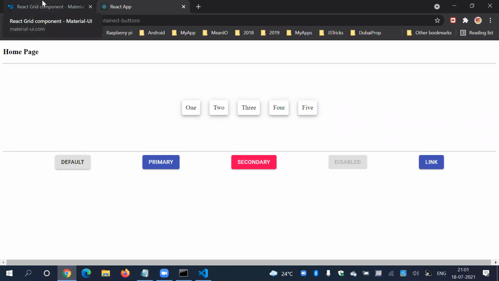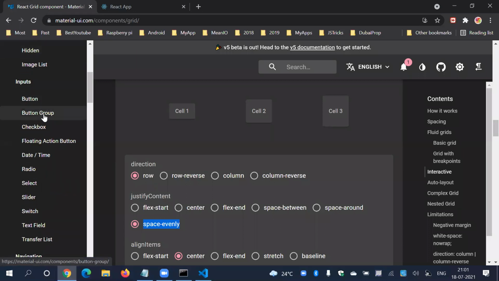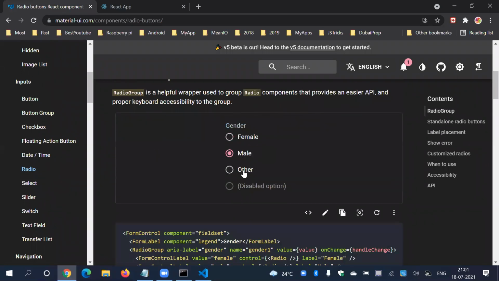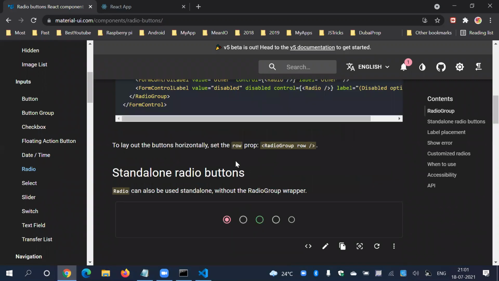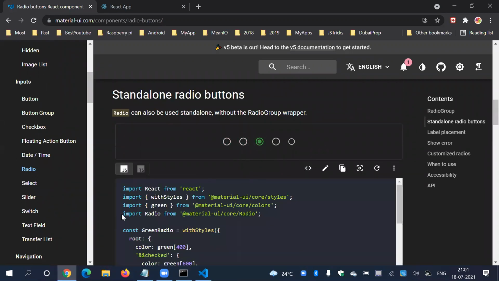What is still pending is SVG icons, right? Just try everything from here. Let's say if you want to use radio button, just click here. Here is the UI, and the animation is also there. Again, these are some buttons. Just click here. Look at this. What is the package name?